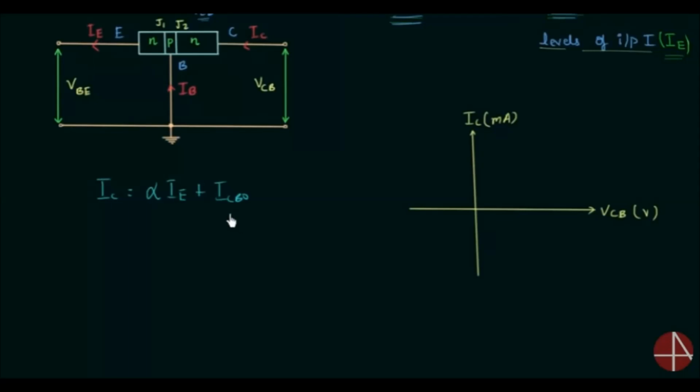ICBO is very small as compared to alpha times IE, so we can neglect ICBO, and IC is nearly equal to alpha times IE. You can also see in this first equation there is no VCB, so this is independent